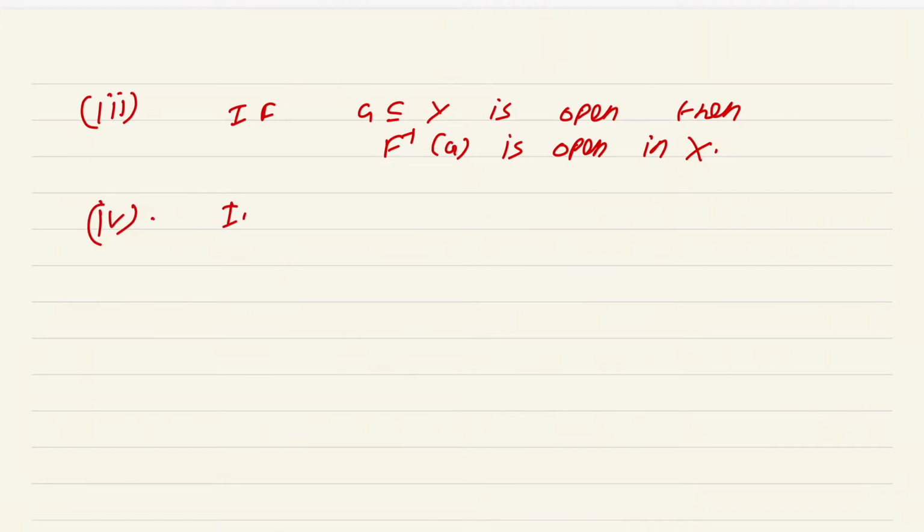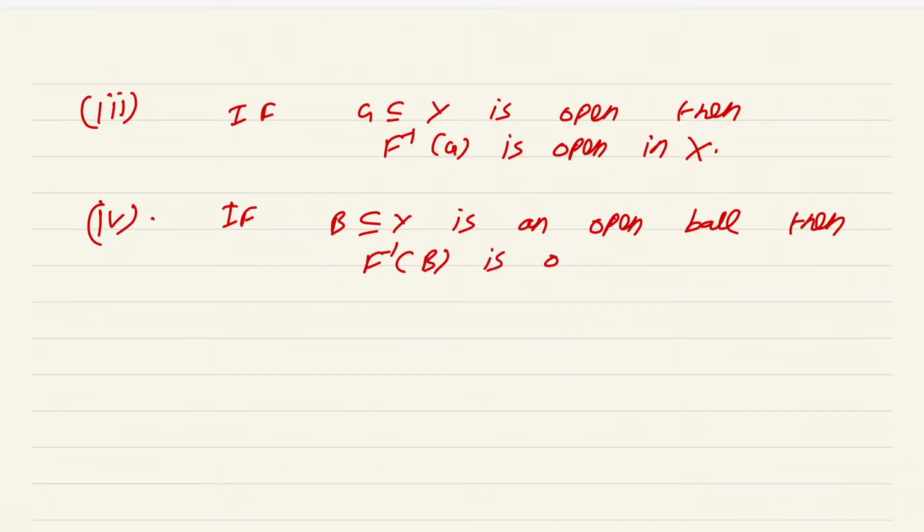If B subset of Y is an open ball, then f inverse B is open in X. So you needn't check that the pullback of every single open set in Y is an open set in X, you need to do this only for open balls. That suffices. So the conditions 3 and 4 characterize for us continuity entirely in terms of open sets,